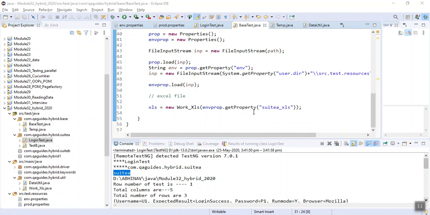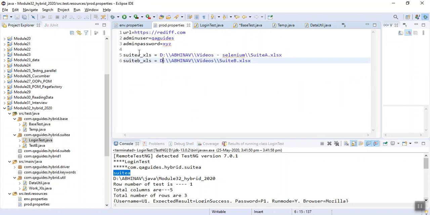For the property file, I can put it like this, remove it. Control B plus. Suite name is suite A underscore XLS. Now you go here, it's suite A underscore XLS. Fine.